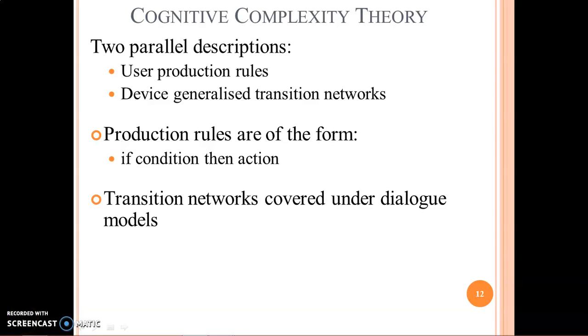Let's talk about the second model under the cognitive techniques. Cognitive complexity theory is the next model after GOMS model. We can also refer to this model as a CCT model. CCT has two parallel descriptions, one of the user's goal and the other of the computer system, called the device in CCT. The description of the user's goal is based on GOMS structure,